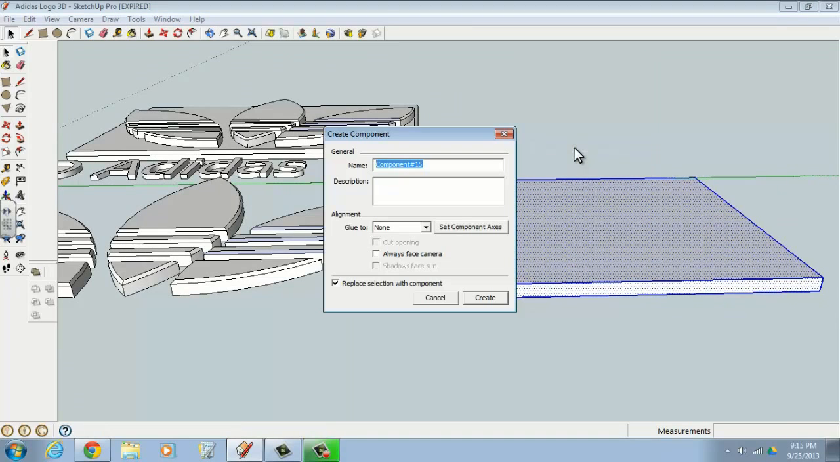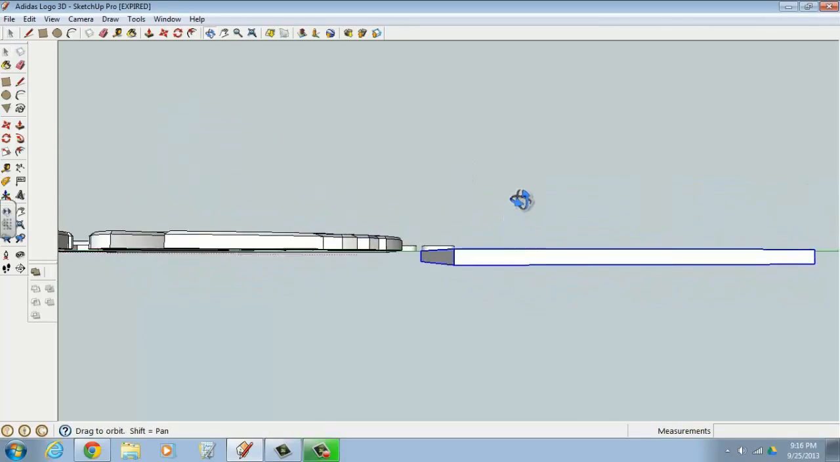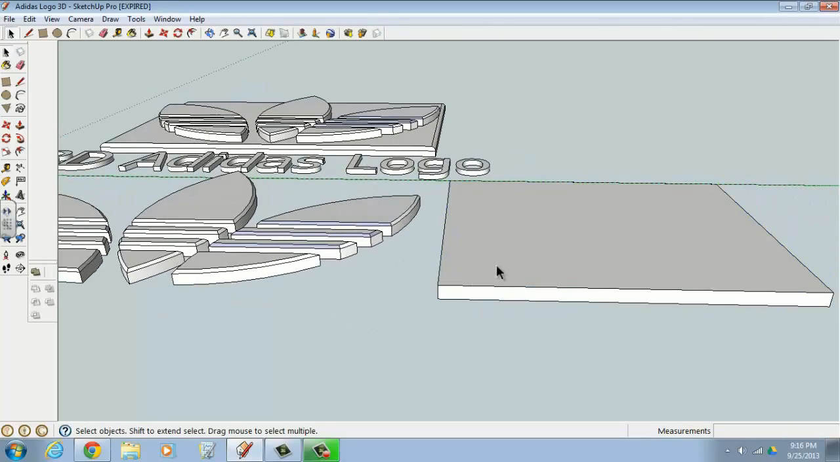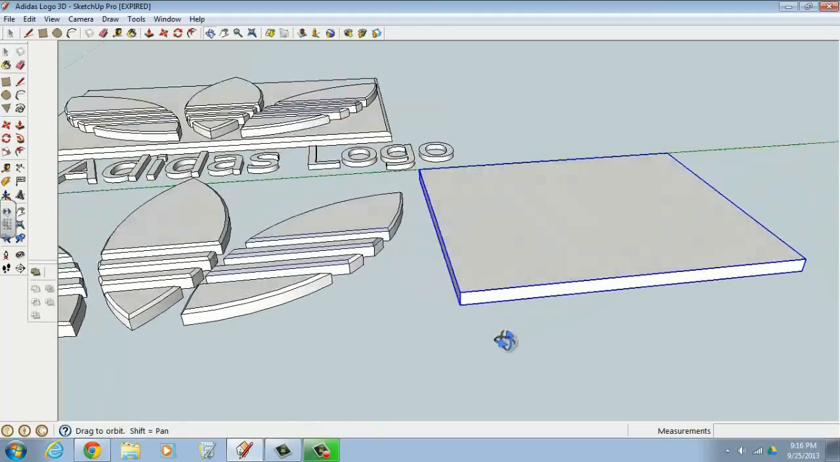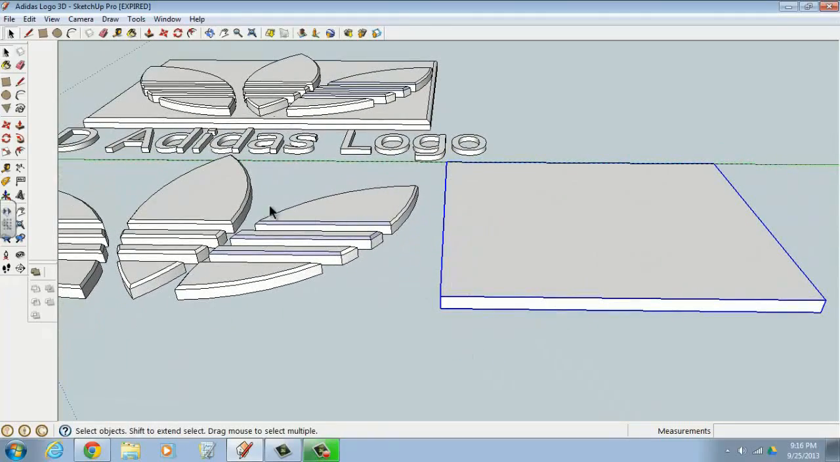So you can give it a name if you want to. You can call this the logo base and click create. And what we've done is we've now made this thing a component. If I click on any of the lines or any of the surfaces, it treats it like one whole object, and we'll keep it separate from anything else in here unless we specifically tell Google Sketchup to join two components